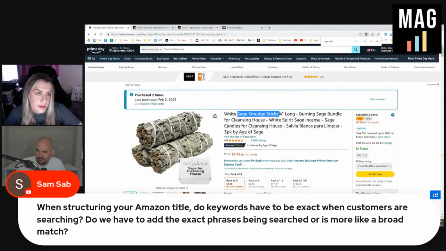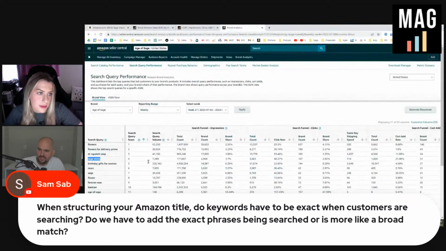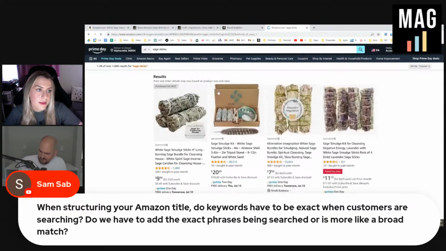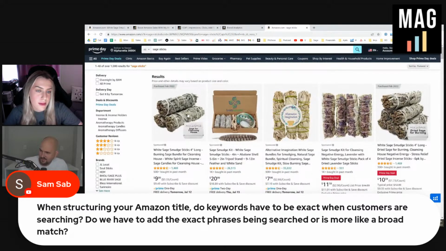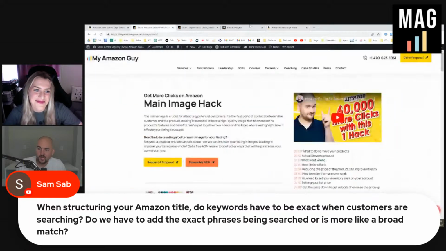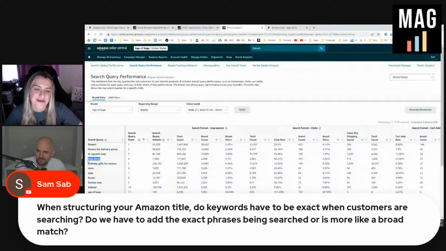So that's probably what I'm going to do, is look for a way. And we have a broad match right there, Sage Smudge Sticks. But if I wanted to get even better on the market share, this is one of the easiest things I could do, is go down to that exact match. And let's go see what my organic rank is. I could go to a tool like Helium 10 and look this up, but we're just going to do a native search. So I've got PPC position 1 and I've got SEO position 1. So I actually need to take no action here, to be honest. I'm already crushing it. I'm in organic slot number 1. Can't complain at all. But that's what I would do if I was trying to improve my market share there.